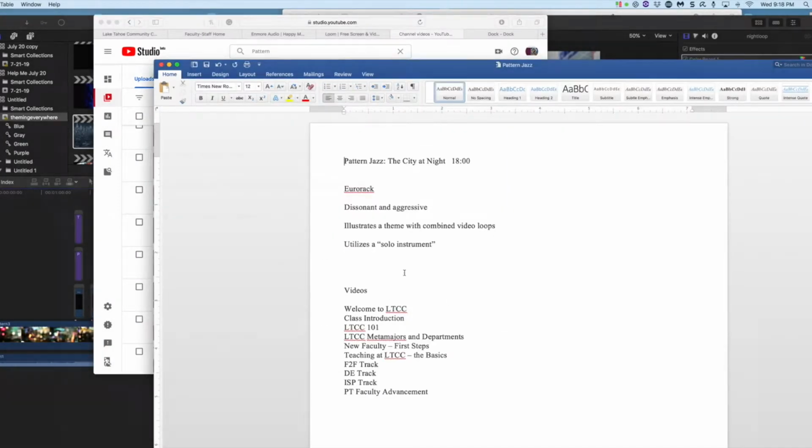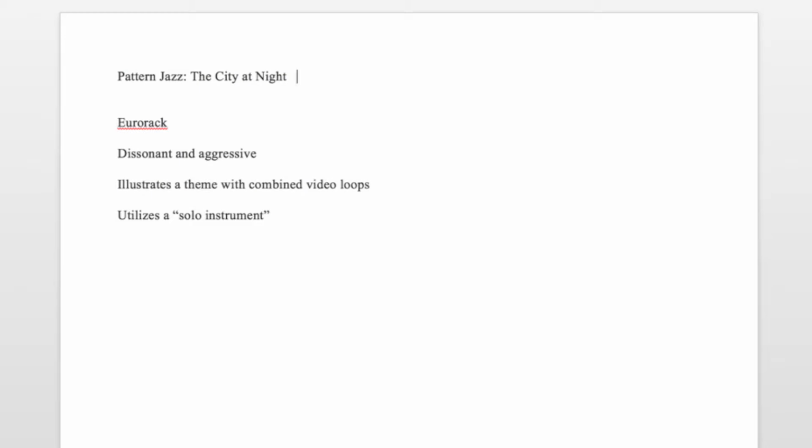I was thinking about it recently, what makes up the basis of this particular series? Obviously, the name itself suggests something connected to the idea of jazz, so improvisation, and I think also some sense of freedom in terms of working with the materials. All of these in this series have this city and night theme, so I'm really focused on the idea of illustrating a theme, and in all the cases I'm using the video loops from